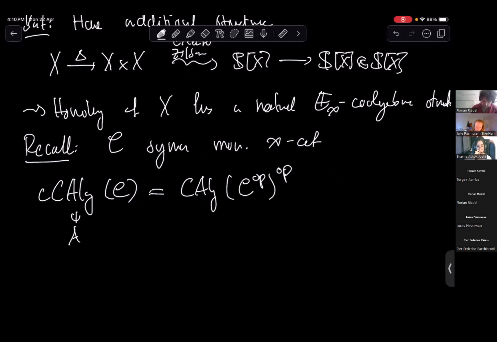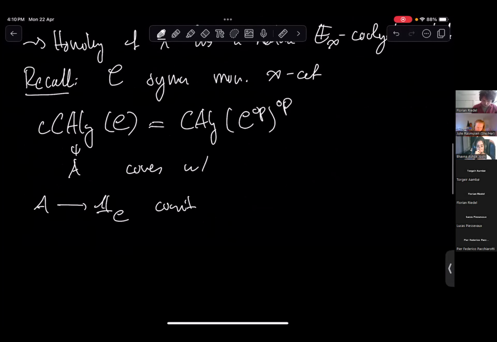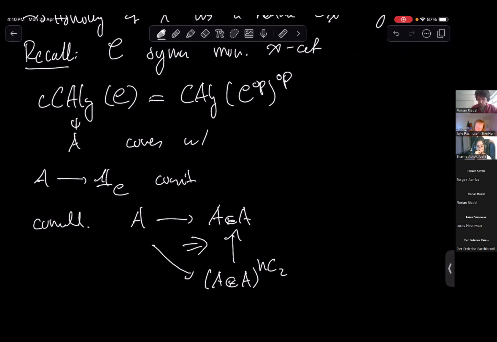So you have a coalgebra A in particular. This comes equipped with a co-unit map from A to the unit of C, and a co-multiplication going from A to A tensor A. And because it's infinity, it also provides you with factorizations like this. And now you have to take homotopy fixed points of C2. Yeah, factorization like this. And of course, it goes on for higher arity operations. That's how you're supposed to think about it.